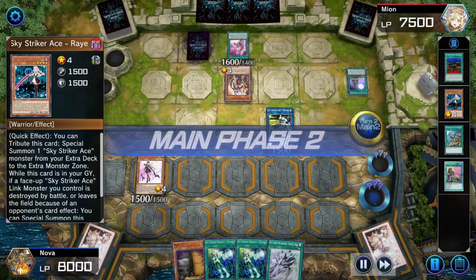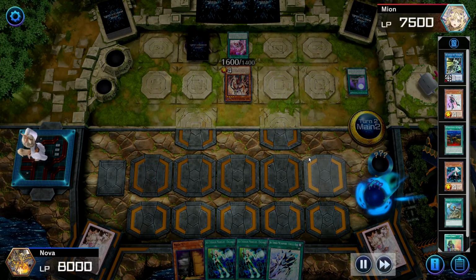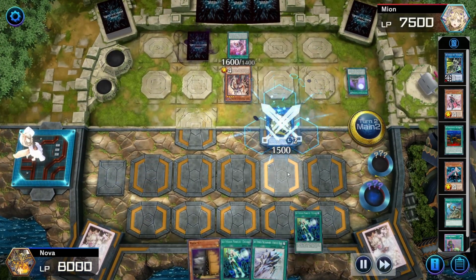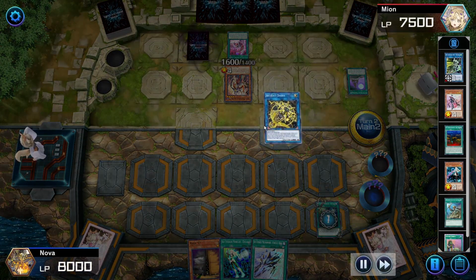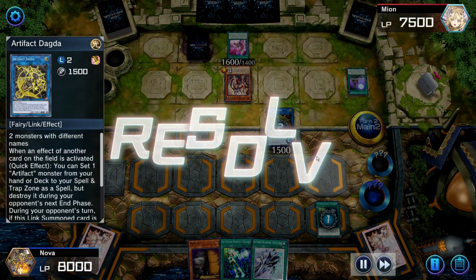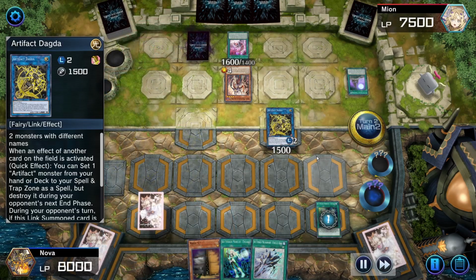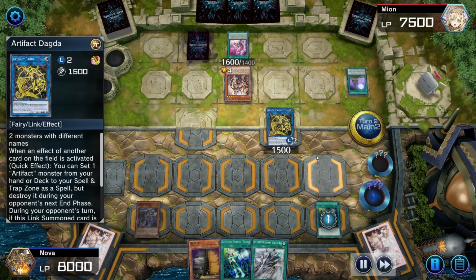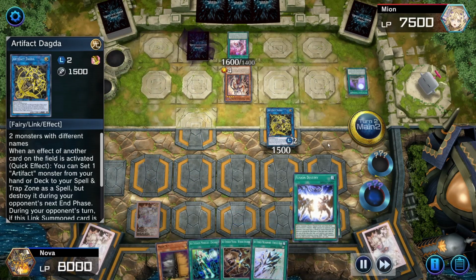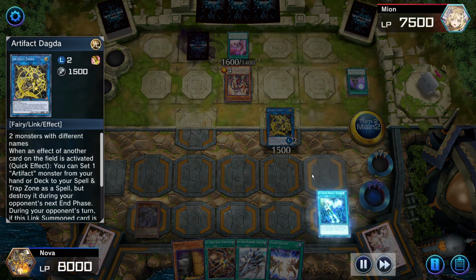I will send a field spell to the graveyard since I don't really need it, and I'm going to link summon into Artifact Dagda. Then I can activate my engage freely, and then I will chain my Artifact Dagda to set an Artifact Sight from my deck to my spell trap zone. Then we will get a Widow Hunter, and we'll get really lucky and we'll also draw a Fusion Destiny